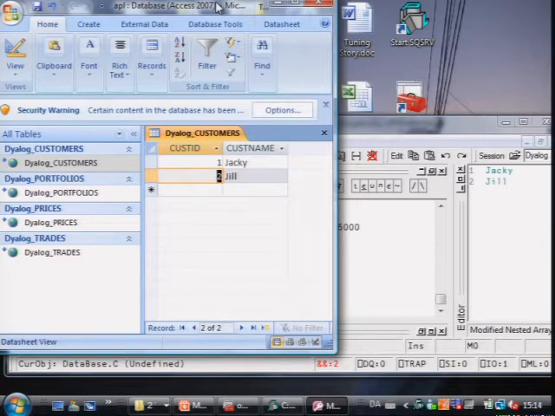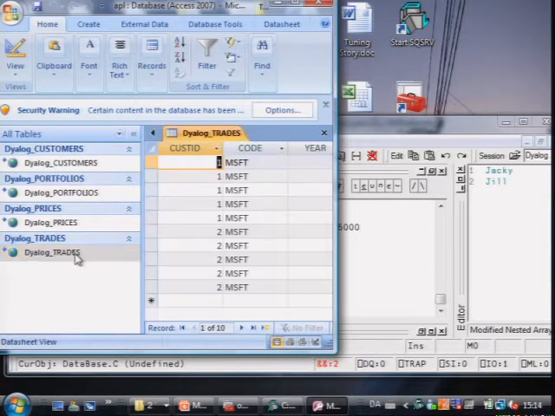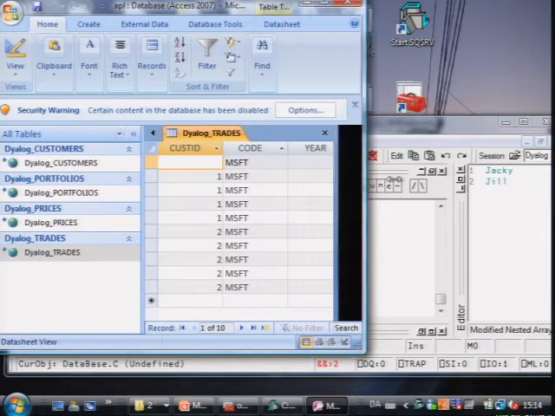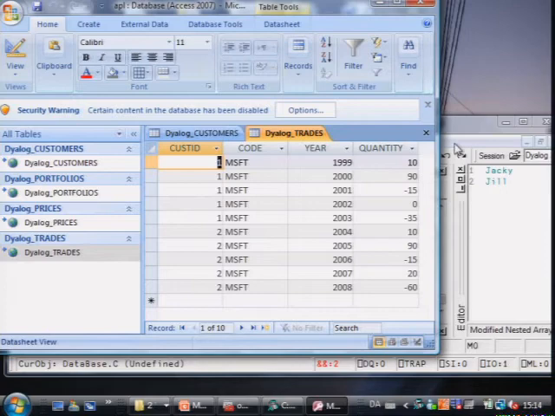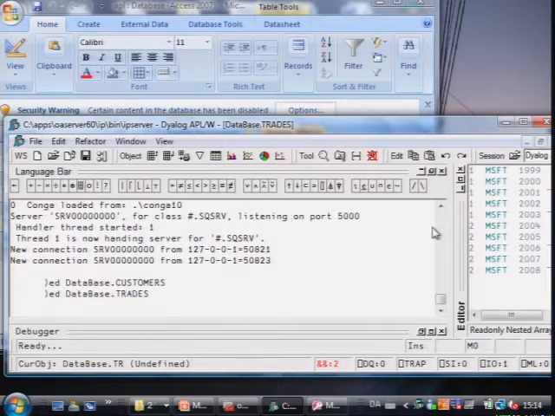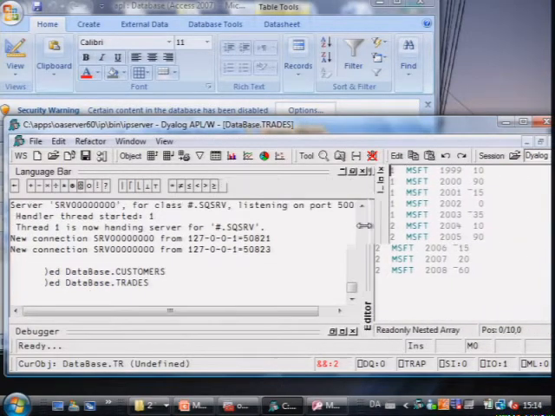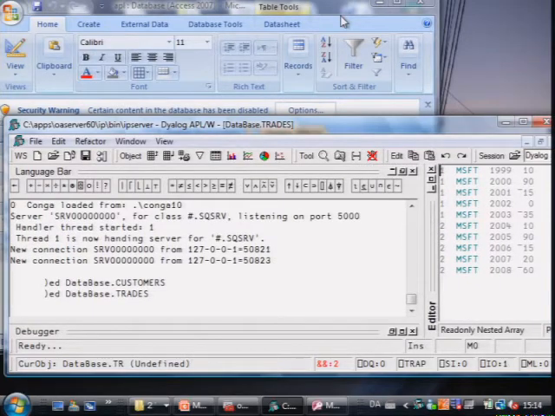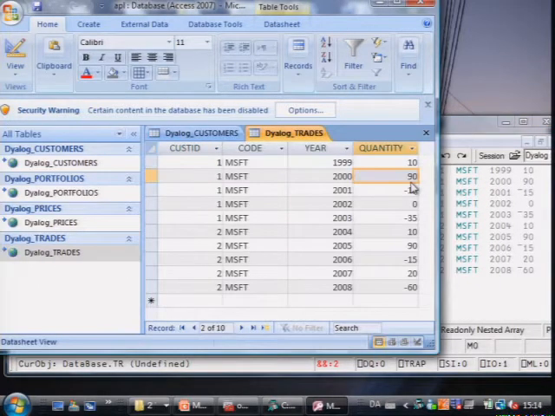Well, it has already gone both ways here, right? We fired it up. We looked at the trades table. It's got a few more records in it. Again, that's in the simple example that we provide. Each one of these is a matrix with 4 columns. And again, if I go around here making changes to the data, you can see it immediately